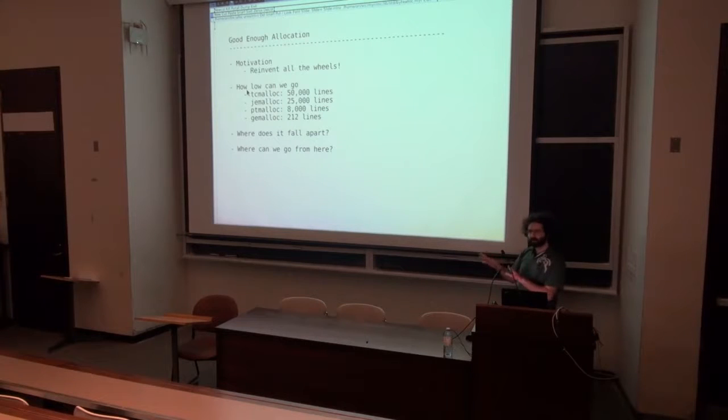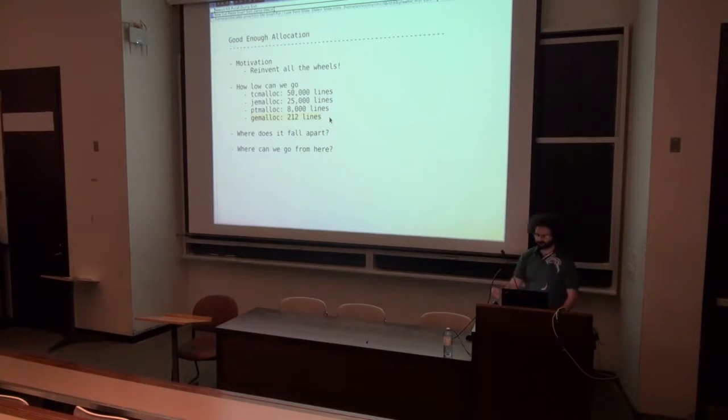So, well, let's see how low we can go as far as line count goes for memory allocation without making it unreadable. So it's not like everything's jammed on one line. It's what I think is clean code. So comparing tcmalloc, which is what Google's perf tools gives you, is sitting at 50,000 lines. jemalloc is at 25,000 lines. ptmalloc, which is the one that ships with glibc, so you're probably using it if you're on Linux, it's actually relatively small. It's around 8,000 lines. And the one that I wrote, gemalloc, basically when I went, hey, this is good enough, is around 212 lines